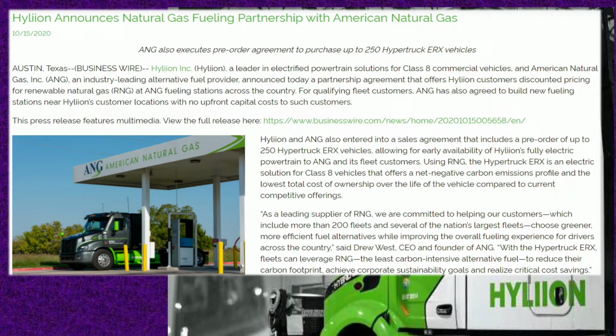From an infrastructure standpoint. For qualifying fleet customers, ANG has also agreed to build new fueling stations near HYLION customers' locations with no upfront capital cost to such customers. So guys, this is another big thing, that ANG has agreed to build fueling stations near HYLION customer locations. So again, it is a plus for HYLION, right? They don't have to spend any money in building up the infrastructure, so they are using the existing infrastructure of